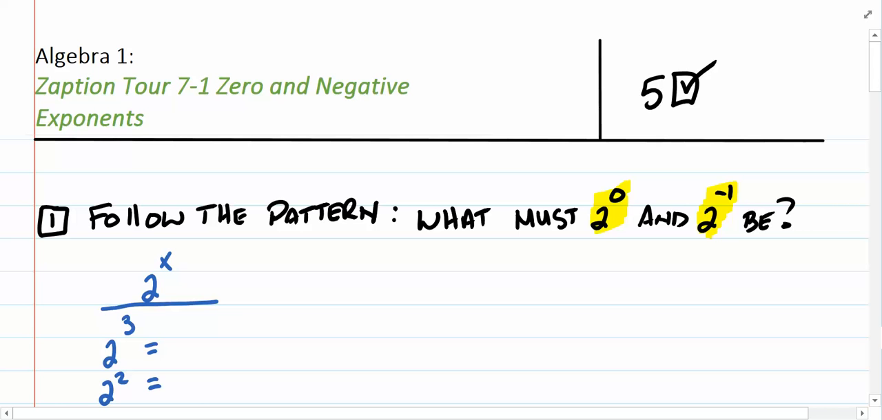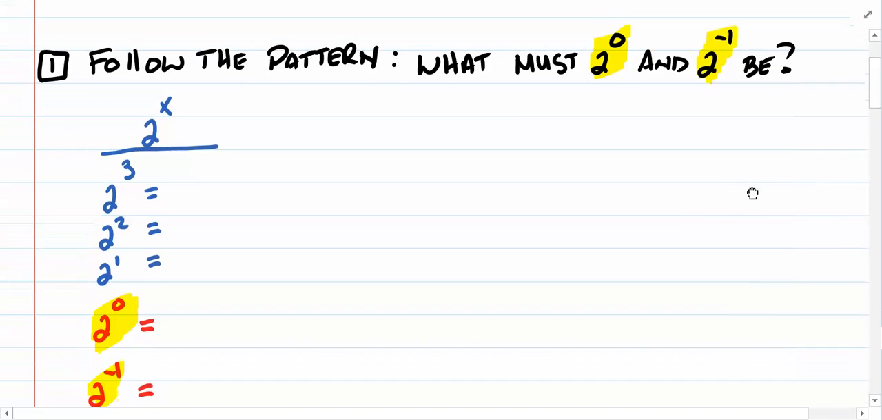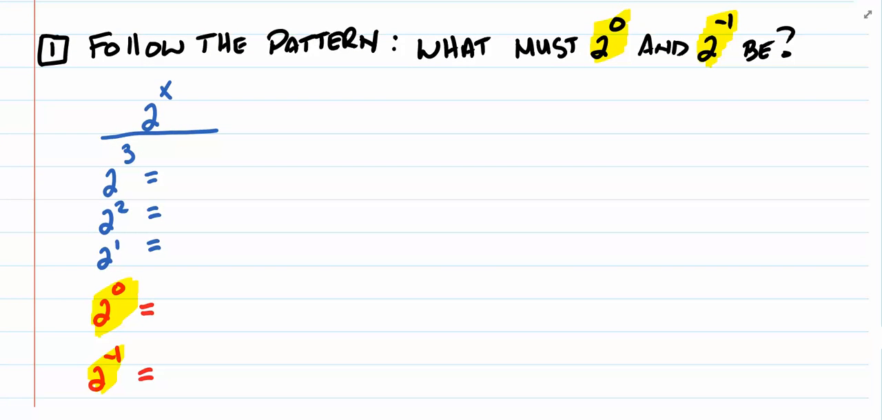Welcome to Zaption Tour 7.1, 0 and negative exponents. We're going to dive right into this. Box number 1, I'm trying to figure out what 2 to the 0 and 2 to the negative 1 exponent